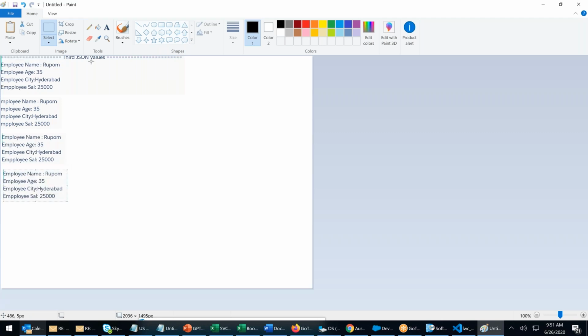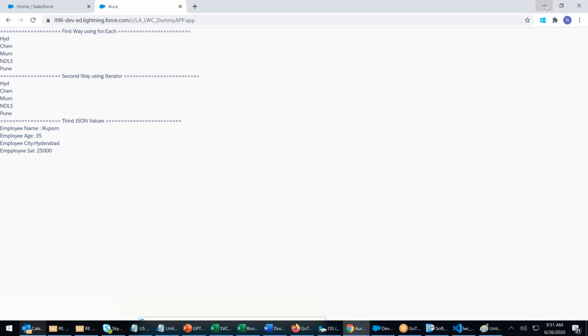Result will look like this. First one Rupam, second one Raj, third one Rumia, fourth one Monica, one below the other. I want the result like this. Rupam information complete, then Rumia's information, then Rajiv's information, then Monica's information, Monica's age, Monica's cities, Monica's salary. Then Monica is over. Next, I want output like this. I did for one. Now you use for each or iterator, your wish.